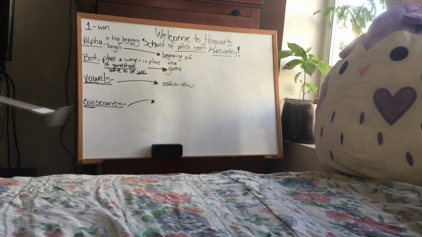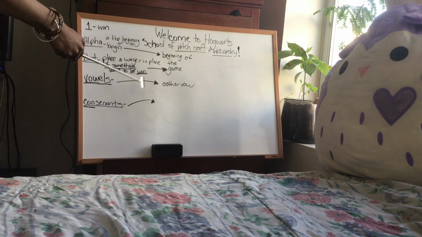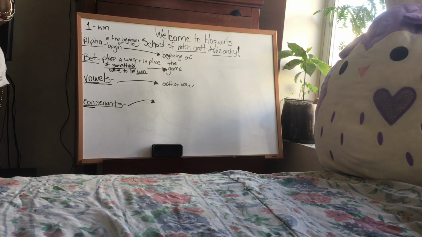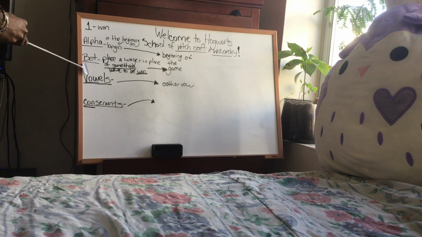Now the word bet means, I'm going to read it again, the mutual pledging of things of value to be won or lost based on some future event, to make good, to pledge as forfeit to another who makes a similar pledge in return, to be assured. So all that means is to place a wager in place of something, right? And the other person you're playing against is also placing a wager. So you got two people placing a wager, and whoever wins gets whatever it is that was bet, that was placed as a pledge, okay?